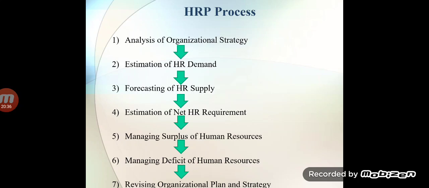The next point is estimation of net human resource requirement. Net human resource requirement is estimated taking into consideration future demand and net future supply of the employees. This requirement is to be estimated number wise and nature wise. For example, net human resource requirement is equal to future demand minus net future supply, so that we can get the exact number of employees we require. For example, nowadays government is giving the advice that we require 10,000 employees, 1200 employees, etc.